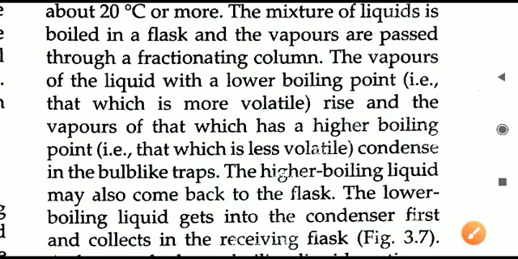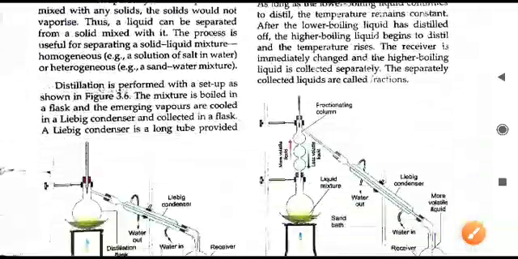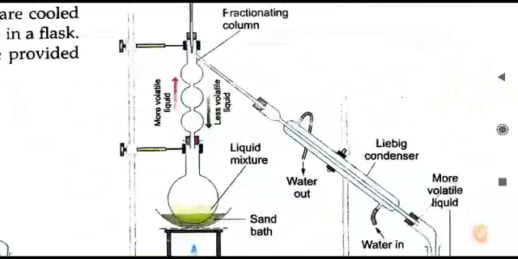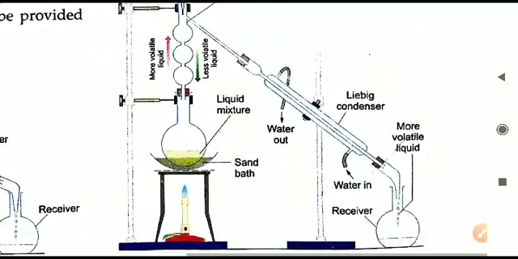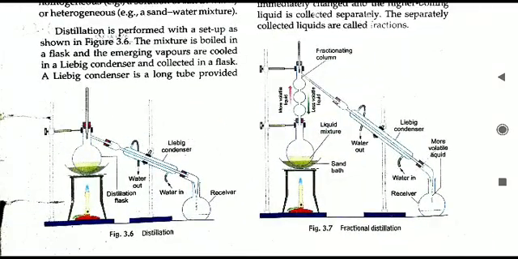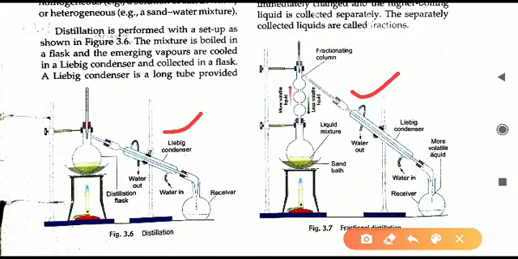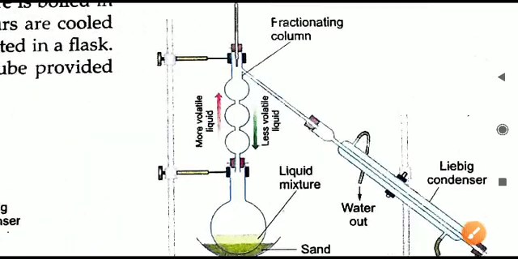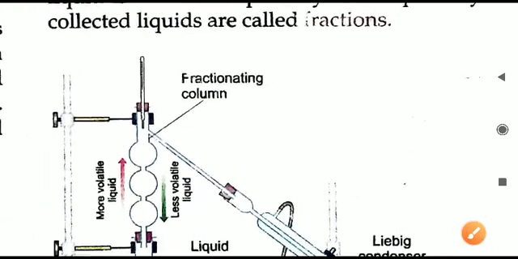So let us see the diagram, then we will understand this particular process. Now it is a similar setup. If we see both the diagrams on the left and right side, the same thing is there, only one thing is separate, that I show in this box. This is the fractionating column. The rest of the diagram is the same, no other things are there. The fractionating column is a new thing that is coming in fractional distillation.